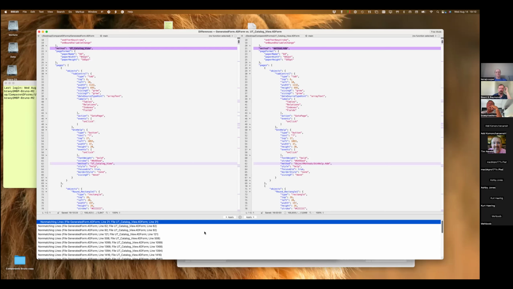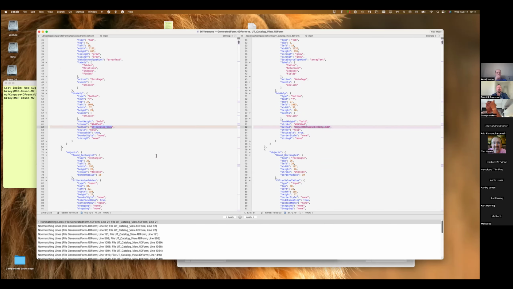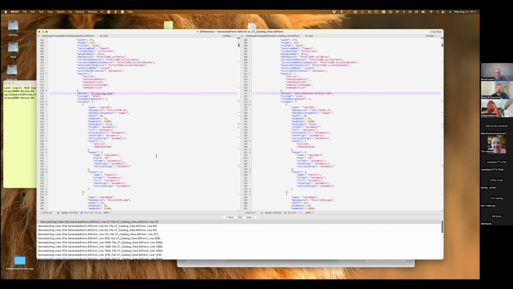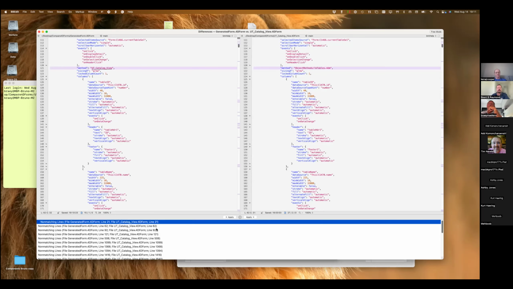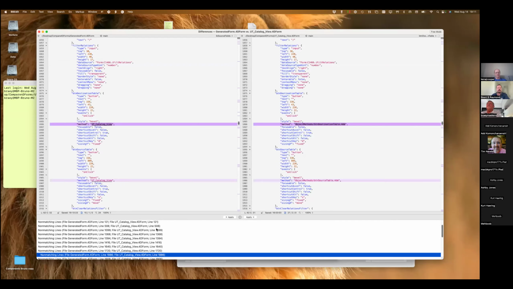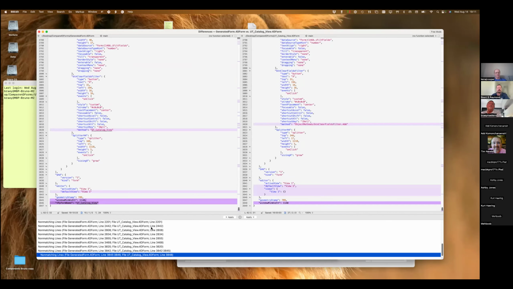And you will see that the only differences are basically in the method attribute of every form object, where for the version in your project, I always call my method. And that's what makes it so that I only need one method to distribute. All these changes that you see are the same; the difference is just the calling of that method.